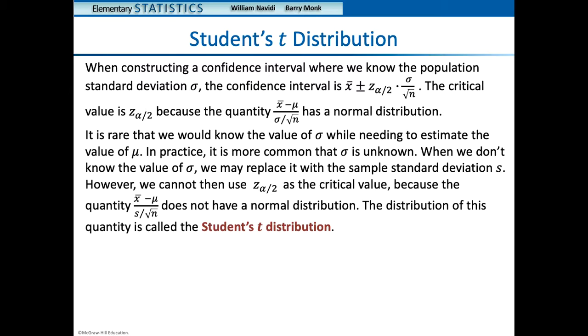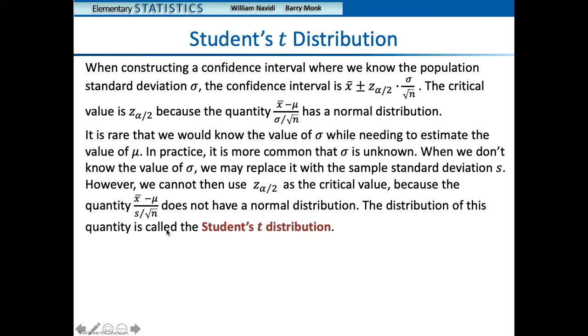Sigma is the population standard deviation, and most of the time we don't have access to the entire population. So actually it's more common that sigma is unknown. If we don't know the value of sigma, we may replace it with the sample standard deviation, and we use the letter S to represent the sample standard deviation. However, it gets a little bit more complicated than that,